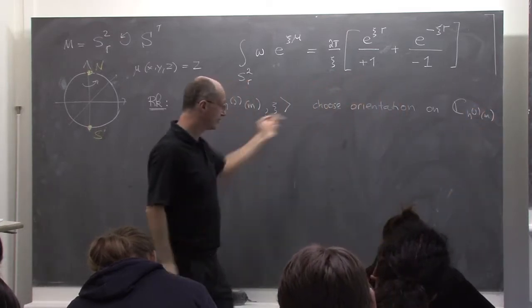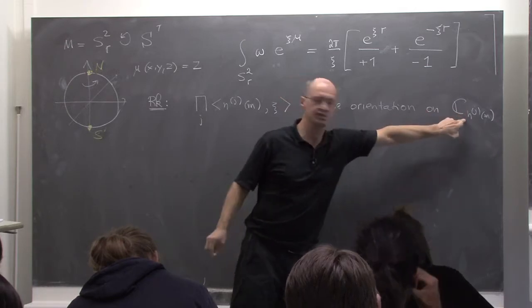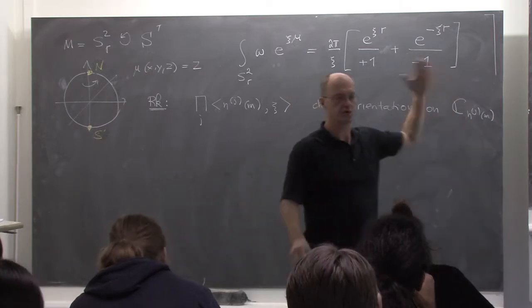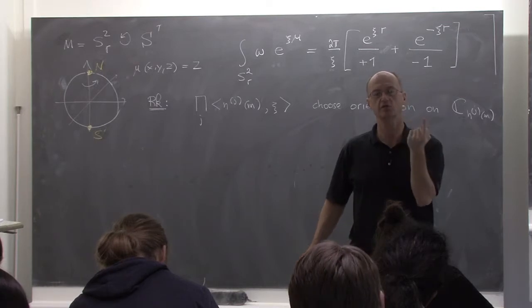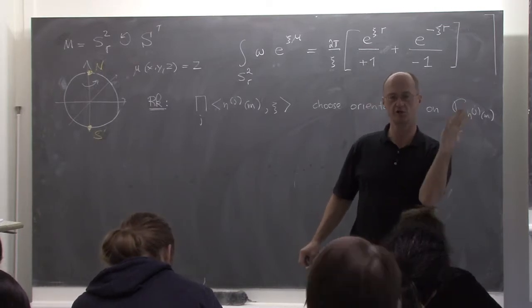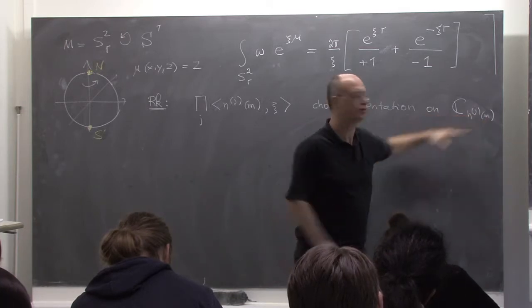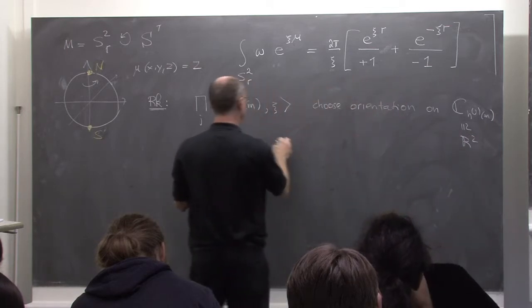If we choose orientations on those copies of C, this would fix uniquely the signs of weights. So now we have all these choices of orientations. But notice that if we have orientations on all of our copies of C, or on all of our copies of R2,